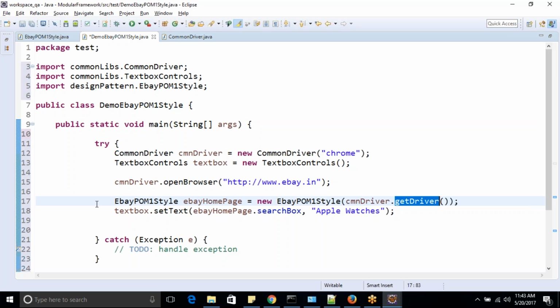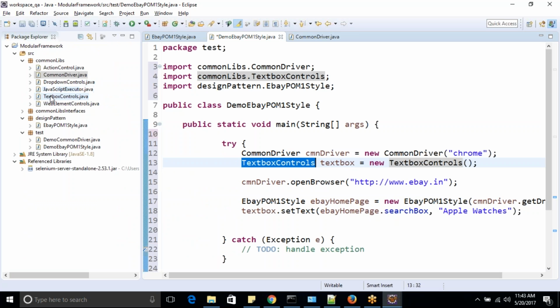Okay, then to write into a text box we need an instance of the text box class, because writing into a text box is written here. So I created an instance of that and then called this method textBox.setText. And this